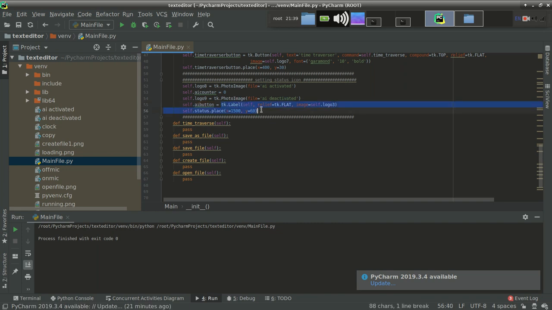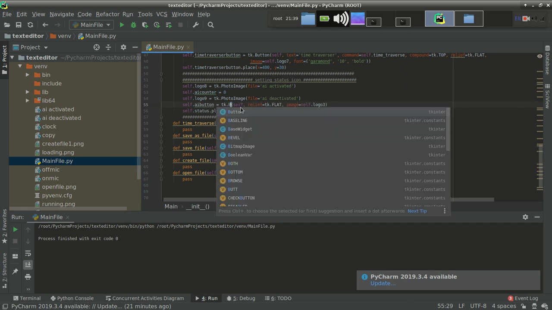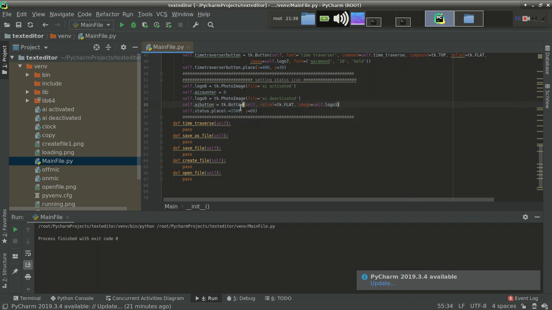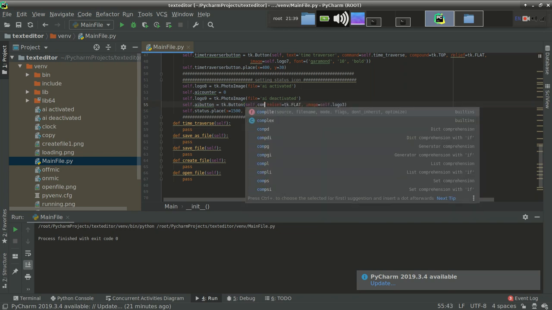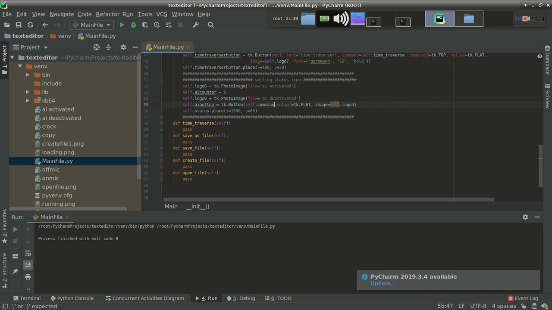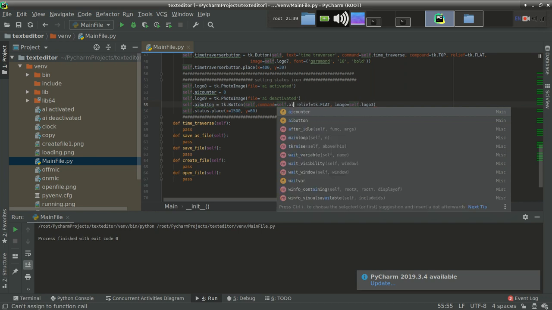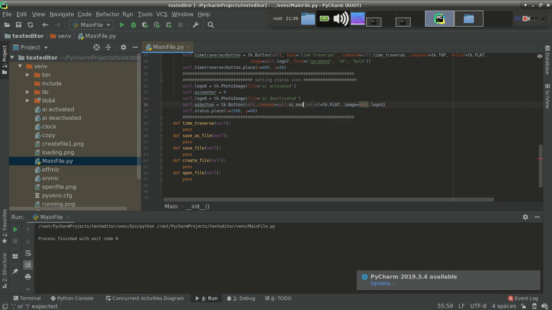Yeah, it should be button, not label. So we have changed the name, self find. Now the command should be self dot AI mode. The command should be AI mode when the user clicks over here. AI mode, relief is fine.